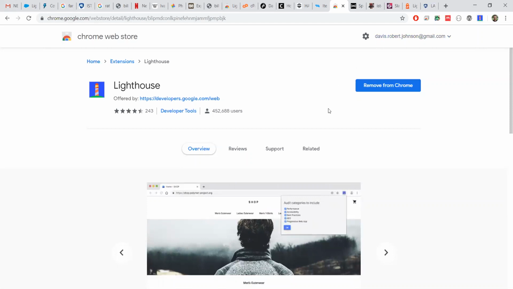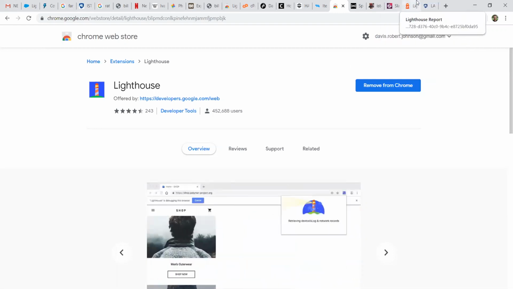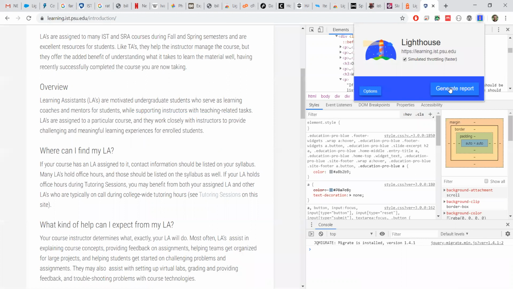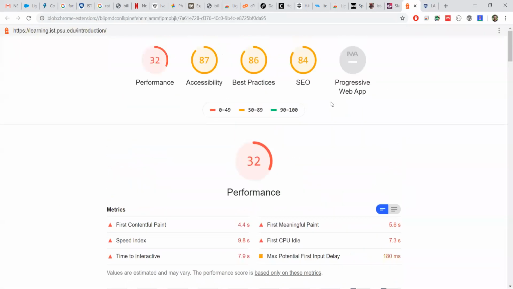So once you have found the website you'd like to go ahead and run an audit on, navigate to the website, click on the Lighthouse button, and then generate that report. What that report's going to look like is something like this, where these numbers represent the total scores for performance,